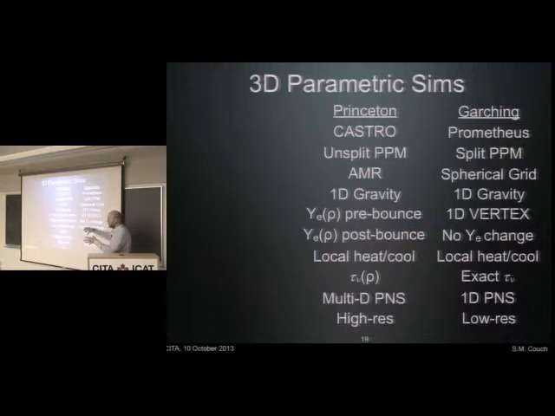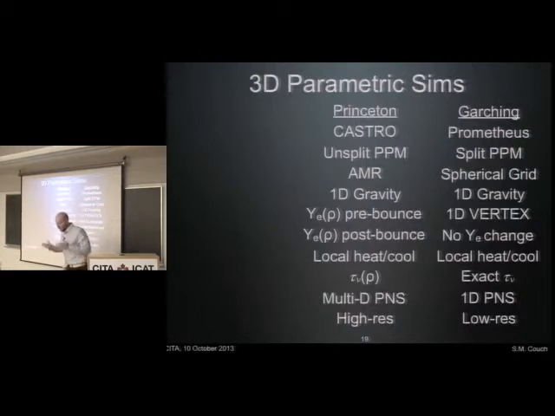The Princeton group used this YE of density prescription, both pre-bounce and post-bounce. The thing is, it's only meant to be used in the collapse phase, the pre-bounce phase. That's where it's tuned. So the German group took that as an affront, and they didn't change YE after bounce. That changes the electron pressure quite significantly, so that's an important difference. They talk about this, and they had to tune their results in order to get something that looked more like the Princeton group's. Resolution is also a big deal.